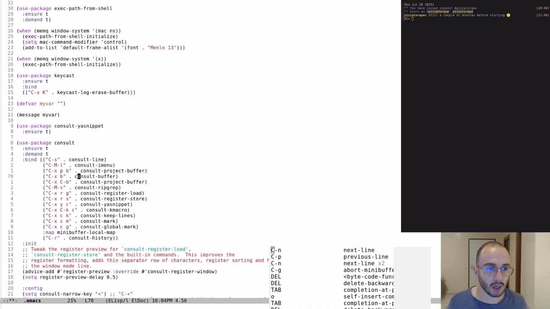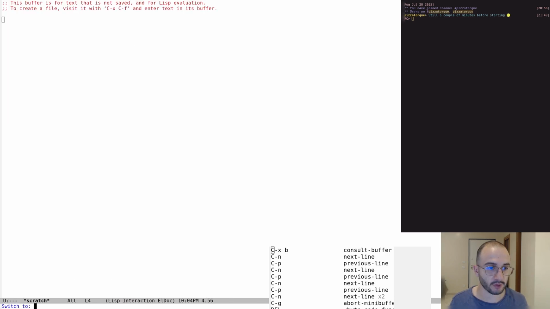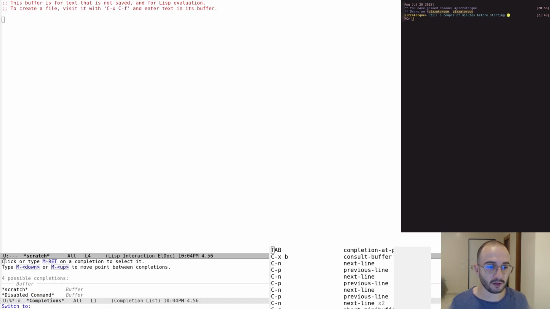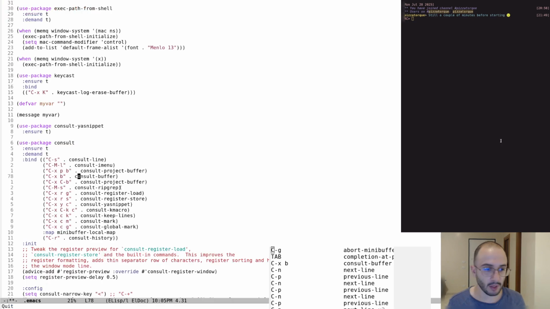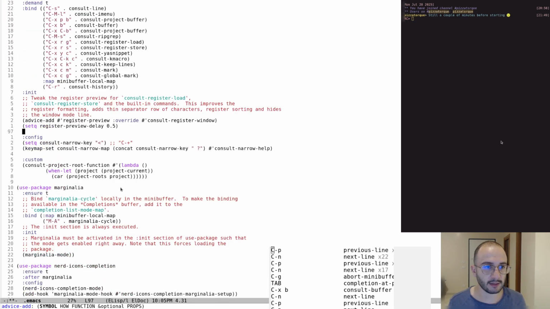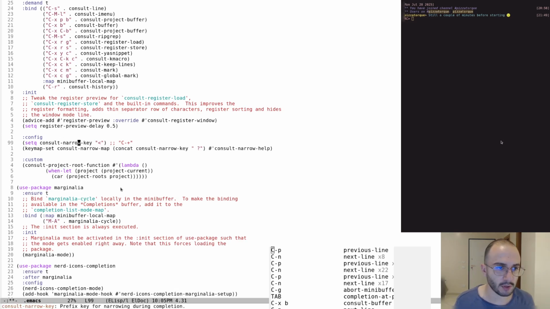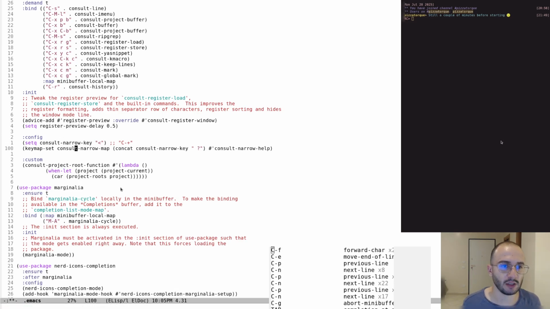Well, anyways, the other good thing that you can do with Consult is switch buffers. So you can see that if I press tab, I get my menu of buffers. This menu also can show you other things, not only buffers, but files and bookmarks and more. So in this configuration, you can see that I added some narrow key